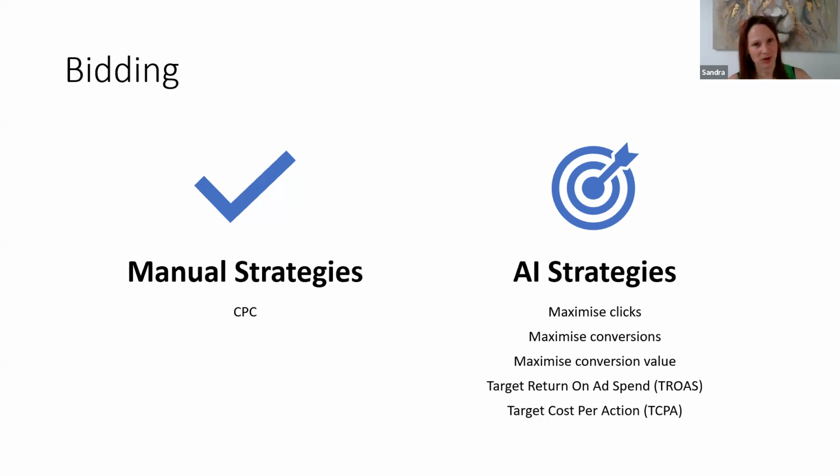That's on that strategy, and that's where it can just take off. It doesn't work straight from the get-go. You have to have at least 15 conversions in a 14-day period for it to work really, really well. There might be the odd case where it will work, but generally speaking, it won't work unless you've got that history in the account. If you've got a small budget and your target cost per action is high, it won't work then either. So they need to be at least level, preferably a budget higher.